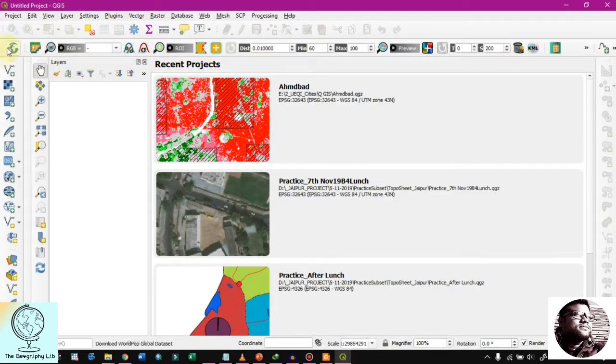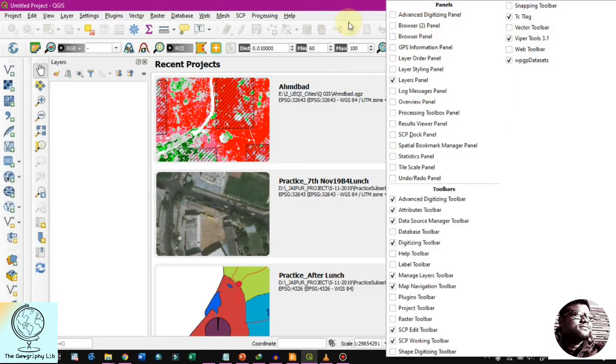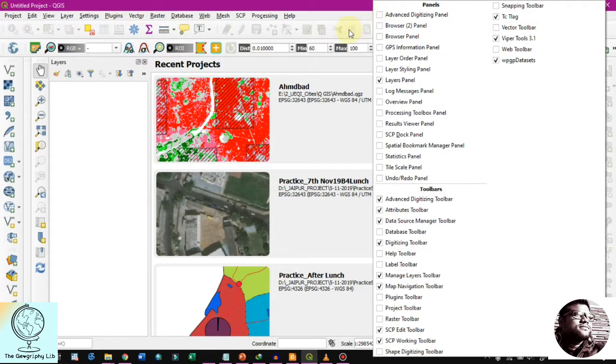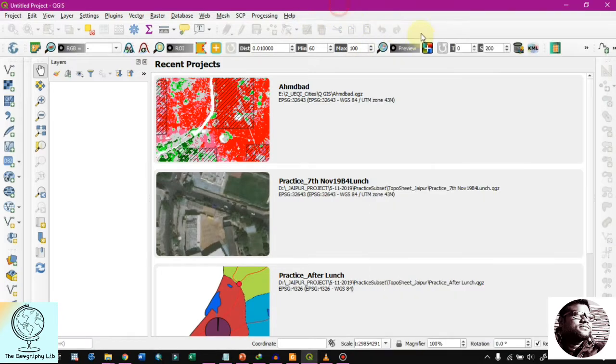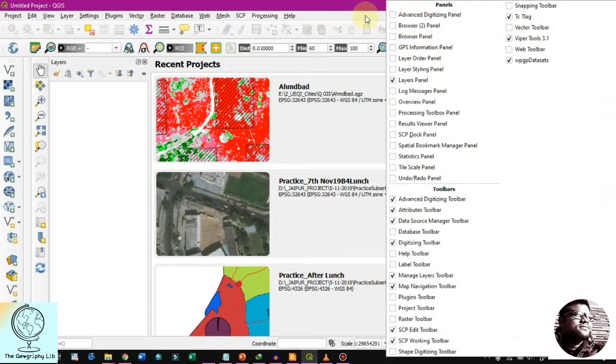And these are the different menus and different options. There is also another option that we can add all these toolbars and also remove these toolbars. For that we have to right click on the menu bar or toolbar area.